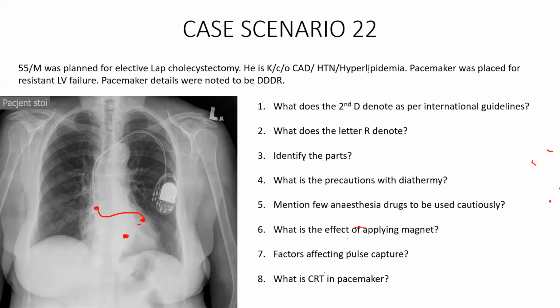Sir, are shivering and convulsions sensed? Yes, so that is why we put them on fixed mode. Shivering and convulsion have to be definitely avoided, because that myopotential could be sensed by the pacemaker and it can deliver a shock. So switch off the anti-tachycardia function, get them to backup mode or the demand mode, and reprogram it. Apart from these questions, they might ask you about the indications for pacemaker and the indications for cardiac defibrillator.